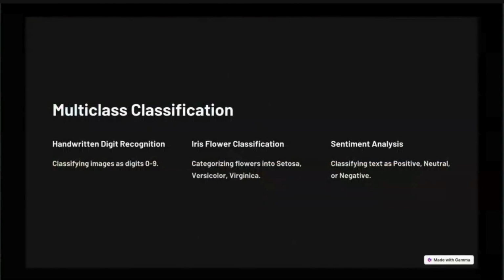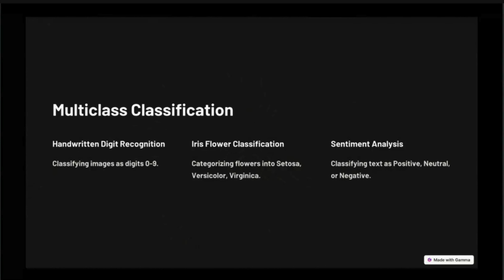Multi-class classification is a supervised learning task where a model categorizes inputs into three or more distinct classes, like classifying an image as a digit 0 to 9. Unlike binary classification, which has only two possible labels, multi-class has more.